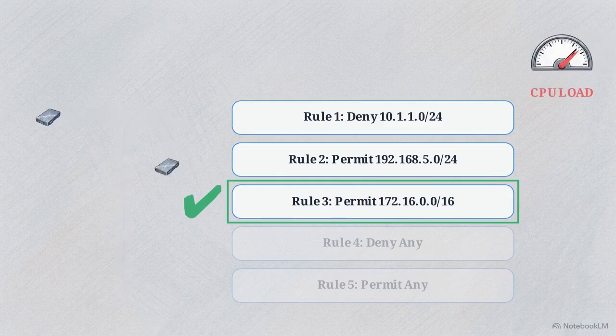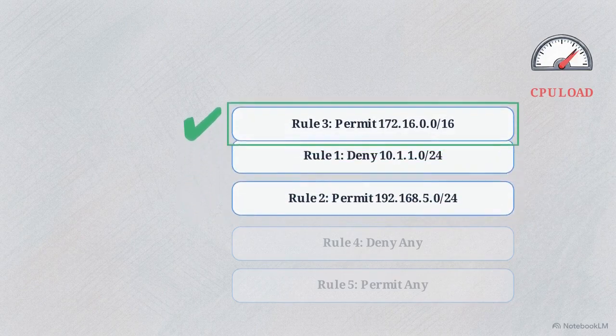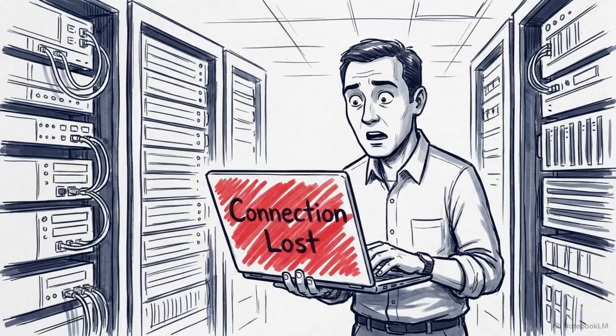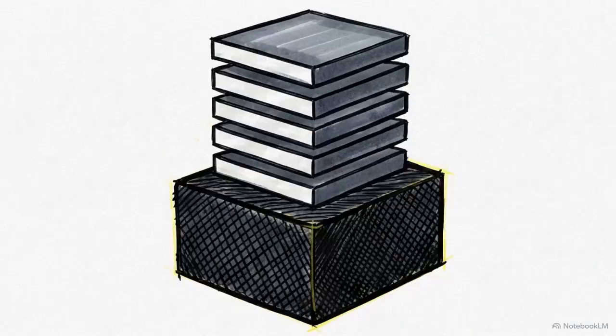This sequential processing creates a strict performance optimization rule for network engineers. You must place the most frequently matched statements at the absolute top of the list to minimize the CPU load on the router. This top-down sequence leads directly to the trap that routinely breaks configurations for junior engineers: the implicit